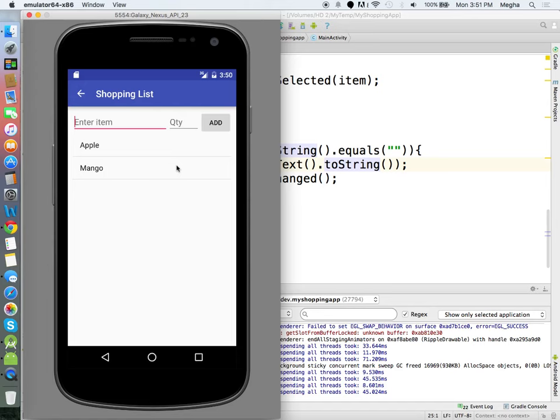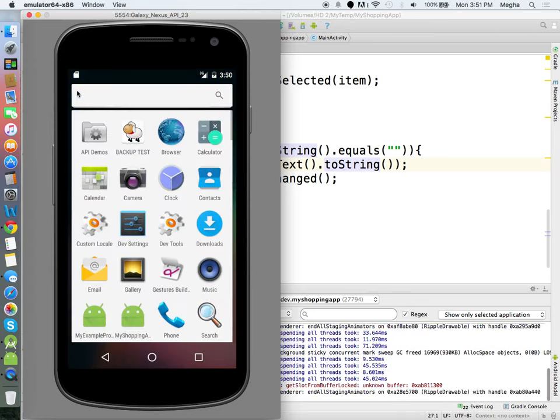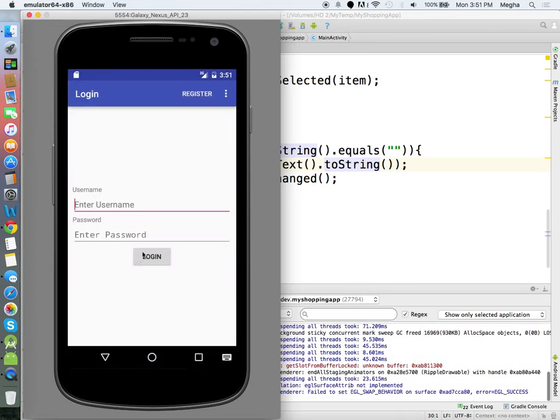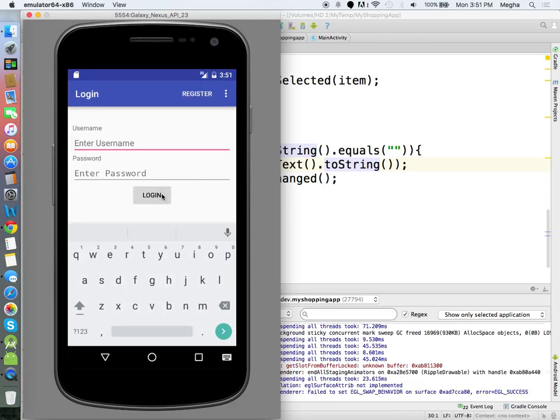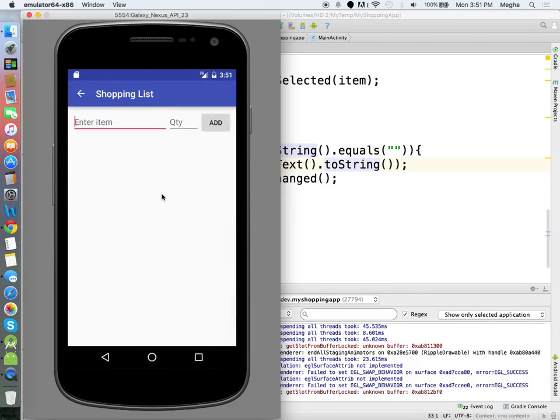We have to make it so. That feature we have to give because going ahead, we are going to integrate this into a database. We are going to save them into a database. Right now it is not saved. So if I go back, assuming I kill the activity and open it again, I will have it empty, because they are not saving anything. So we have to save them. So we have to do a lot of addition to this area.